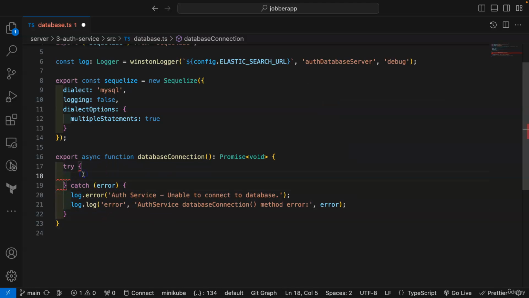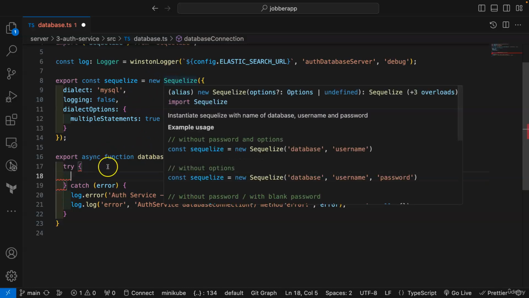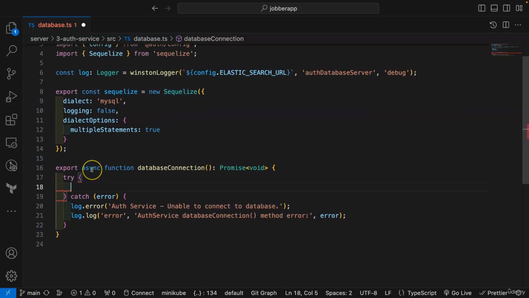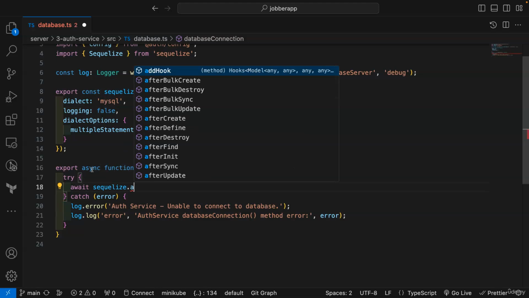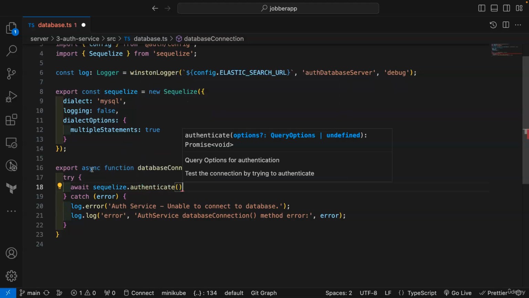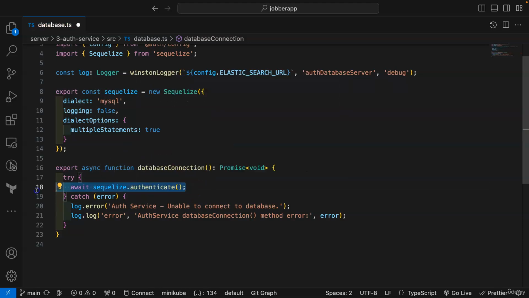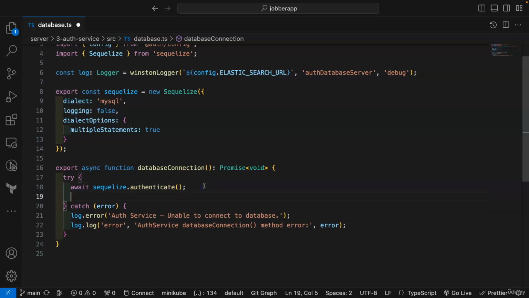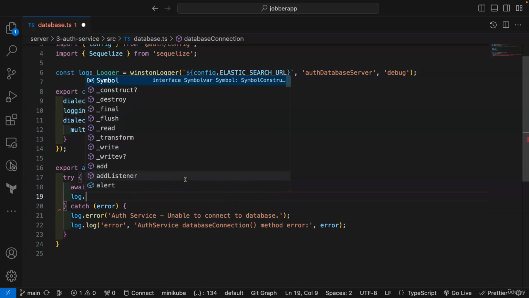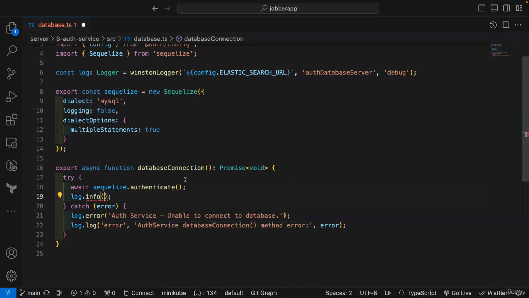Now, in order for us to create the connection itself, we've created an instance, and to create the connection we do something simple. We just say await sequelize.authenticate, and this is what will create the connection. Here you can add log.info. You want to add a log, say auth service MySQL database